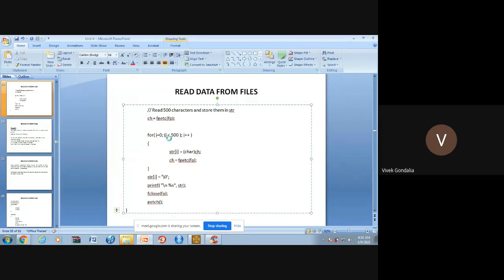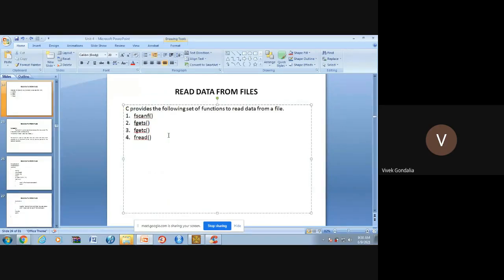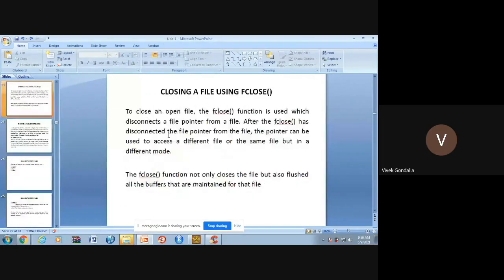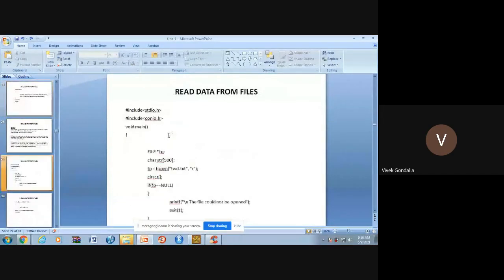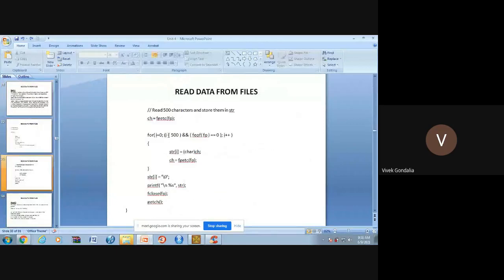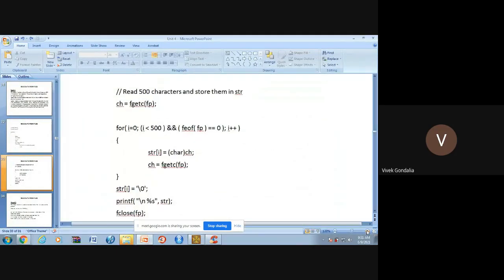So for that we have to put one another condition also. If in my file 500 characters are there, then it will satisfy this condition.